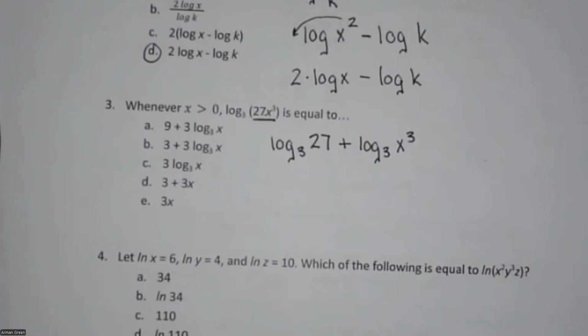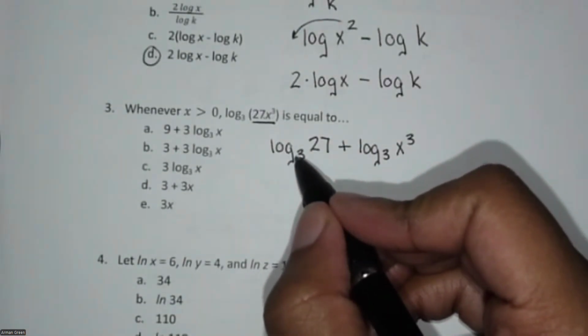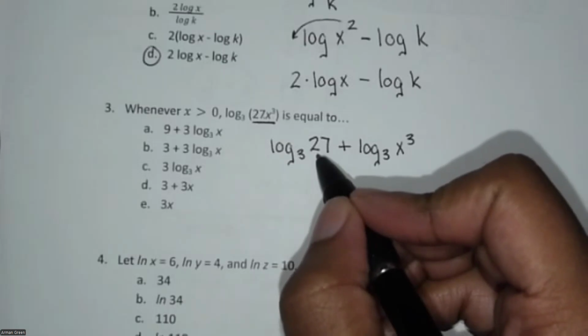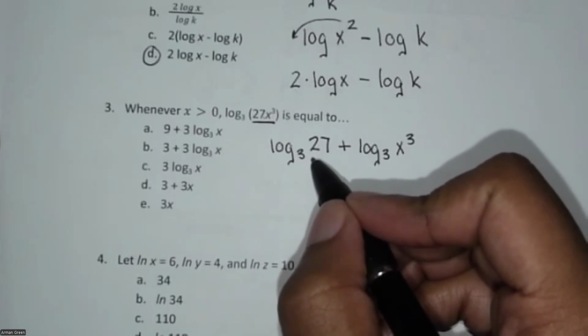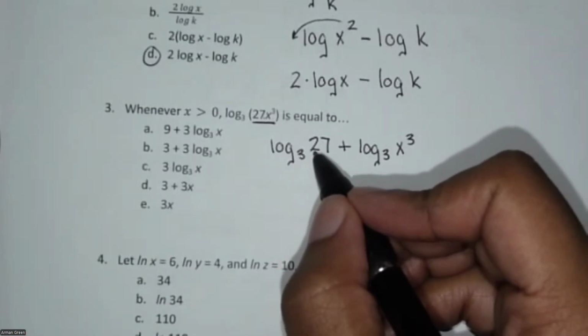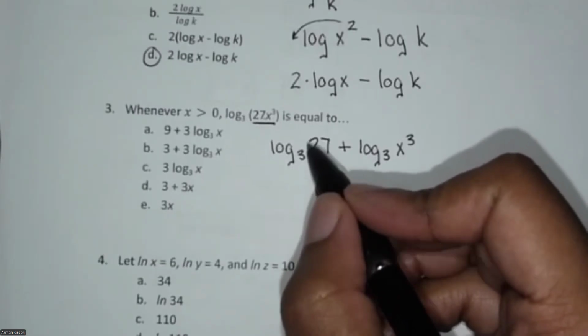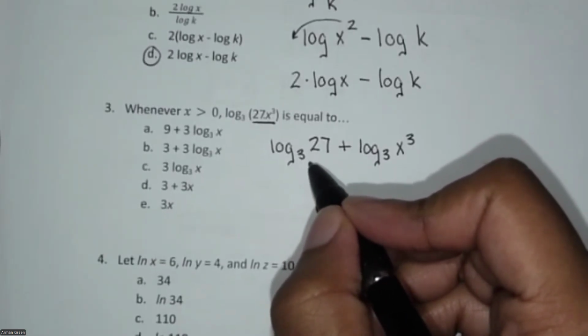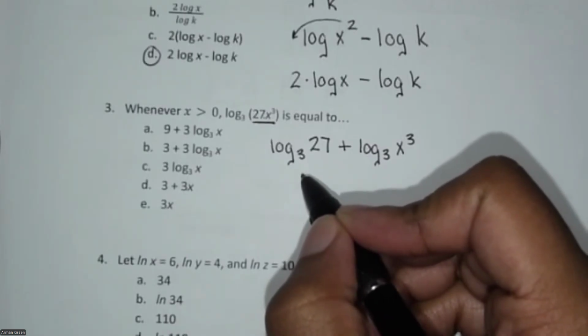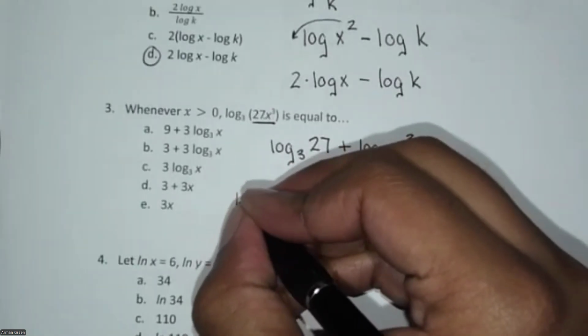All right. So now, this part here, let's talk about this log base 3 of 27. This is actually just a number. So if you want to actually figure out, well, what is this equal to? Well, we actually talked about in our last lesson how we can solve for a logarithm like this. If I want to use my calculator to figure out what this is, well, log base 3 of 27,